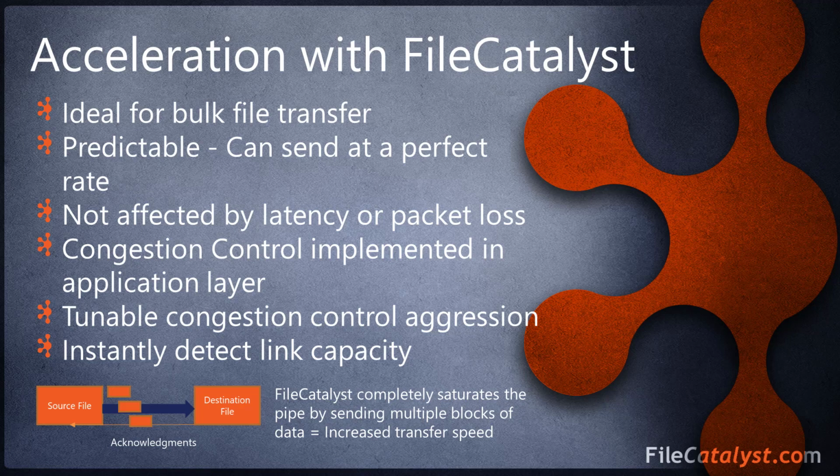Also, the FileCatalyst UDP protocol is unaffected by latency and packet loss. As mentioned before, it seriously affects file transfer speeds with TCP, and it simply does not affect our protocol. To maximize your transfer tasks throughout peak periods and downtime, we allow congestion control in the application layer, so you can adjust the bandwidth usage on the fly and as you need it. We also let users adjust the aggression of their congestion control, and our solutions can instantly detect link capacity. Looking at the bottom, you can see FileCatalyst can send multiple packets at once, so we don't have to worry about the aforementioned sequence that needs